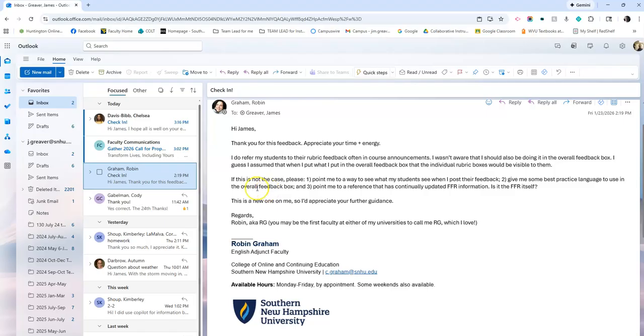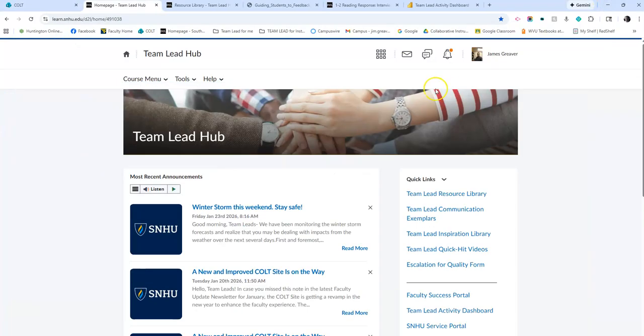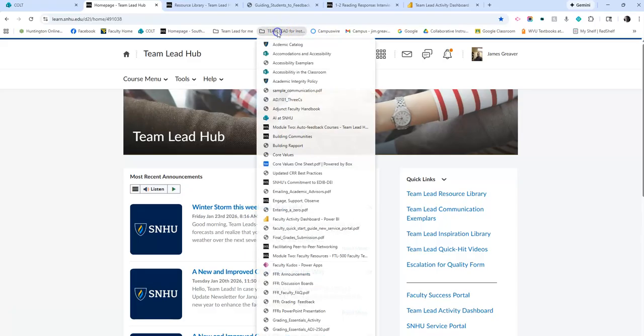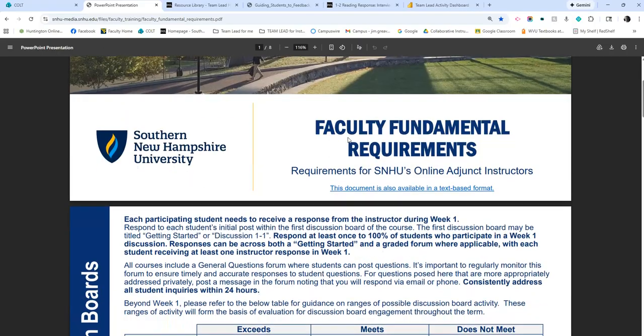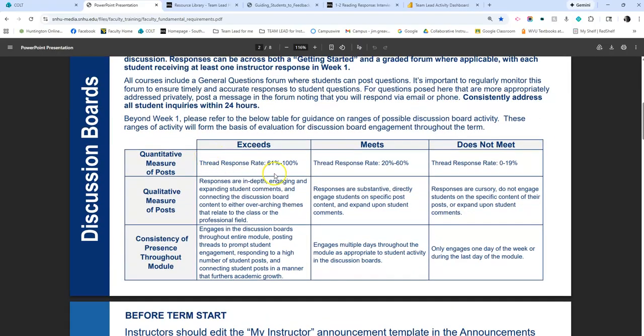Best practice language to use in the overall feedback, I just showed you that. That's on that thing that's going to be attached. Point you to a reference that has continually updated FFR information. The FFR is what you would look at itself, right? So if you look at the FFR, I'm going to use my own information up here. So I've got the different things here. If you look at the PowerPoint, though, that's the main thing. So if we look at the PowerPoint for the FFR, you'll see the